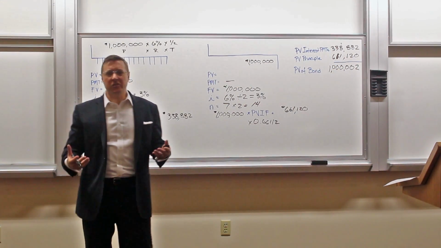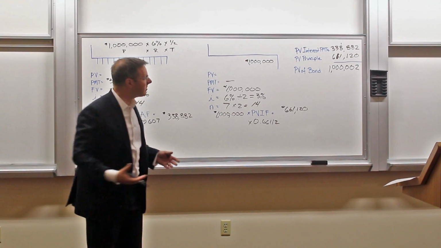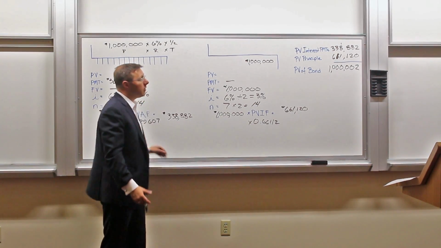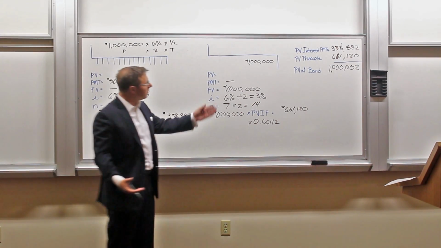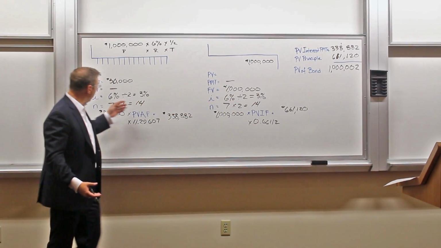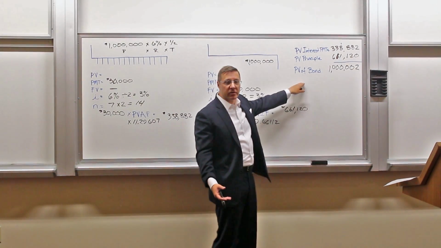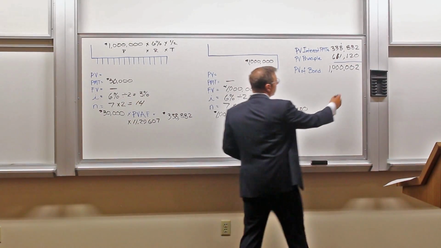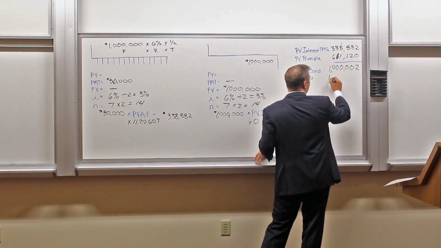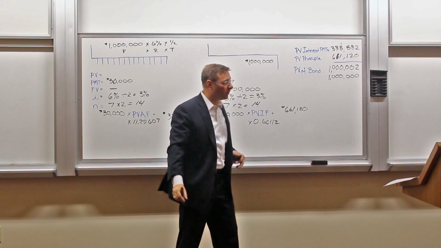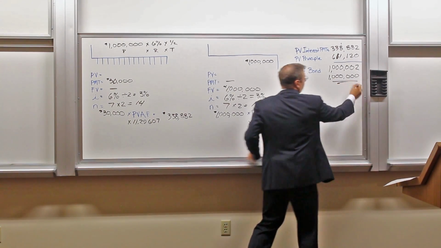$1,002,002. Then you ask yourself, why the $2? And it has to do with the amount of digits that we have available to us in our chart, which creates a rounding error. So essentially what we get is when the market rate is equal to the coupon rate, that is the present value of the bond. So I'm just going to go ahead and note, since I know that to be the true present value of the bond, and I realize that my charts are giving me a rounding error, I'm going to use my $1